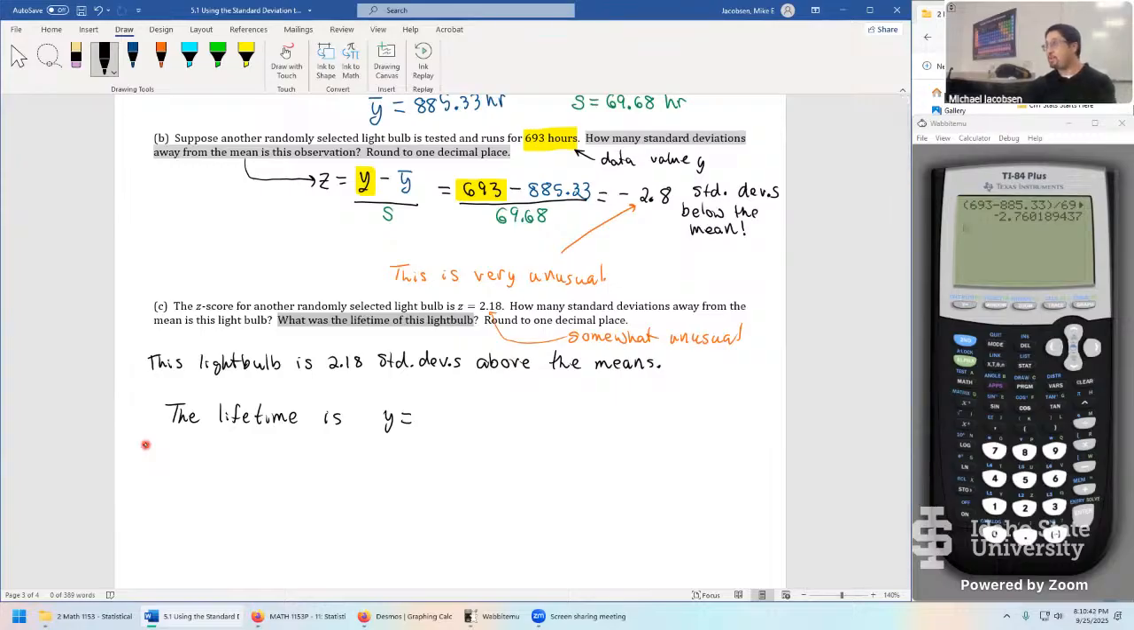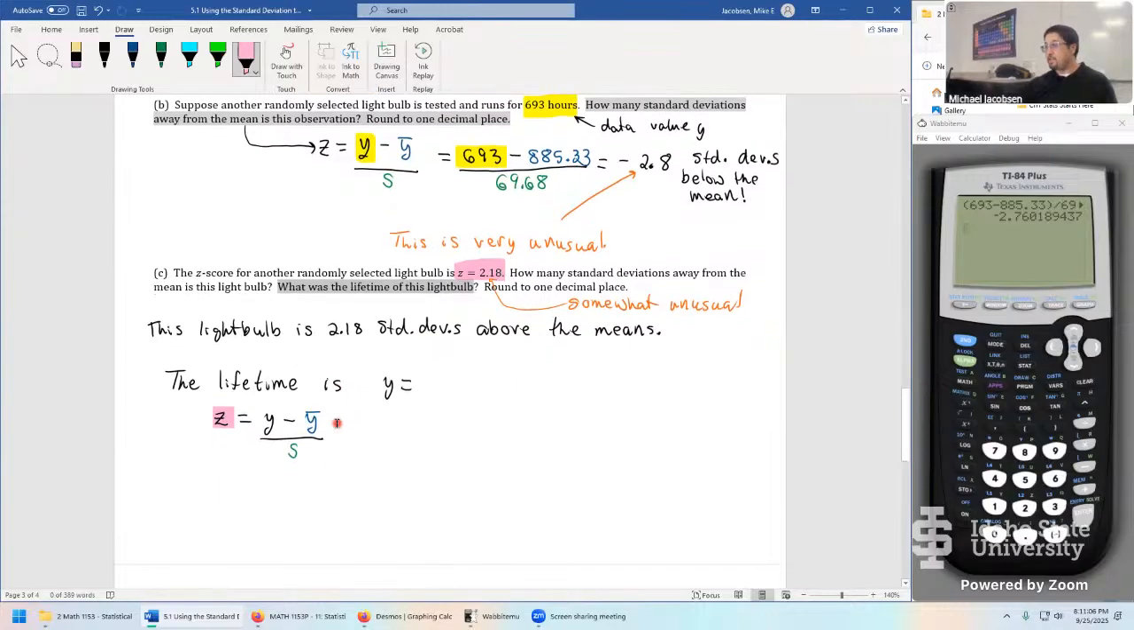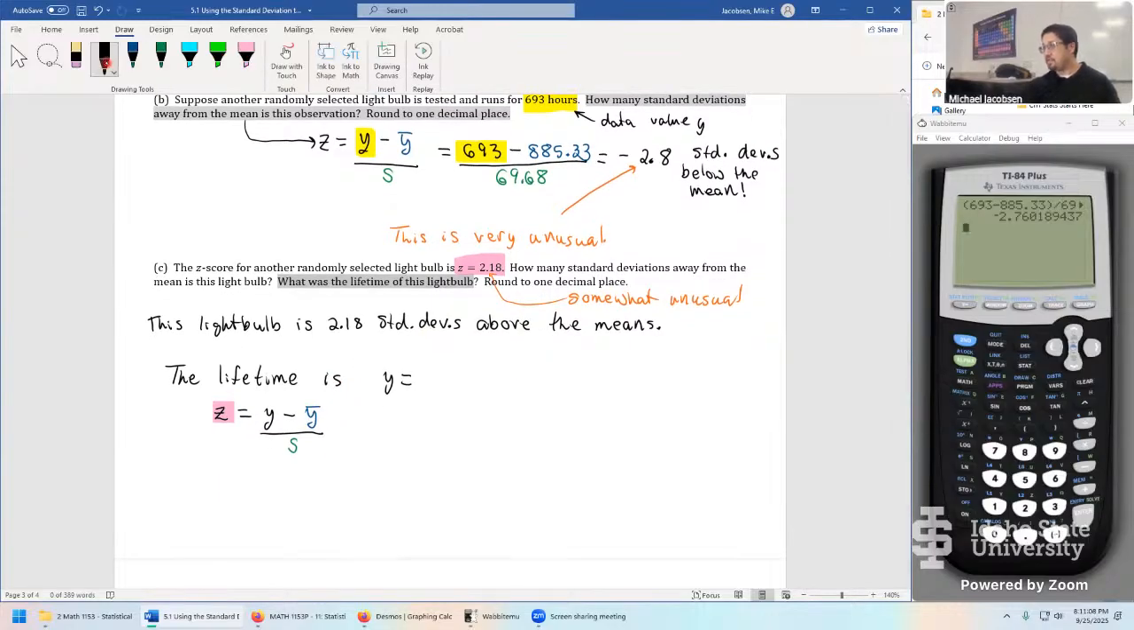So to solve this, we rewrite the z-score formula. Z equals y minus y bar, divided by s. First tricky thing about this one is we have to know in place of z, we're throwing in that quantity. So that goes there. And then this becomes, let me go to the right since I'm running out of vertical space, 2.18 equals,